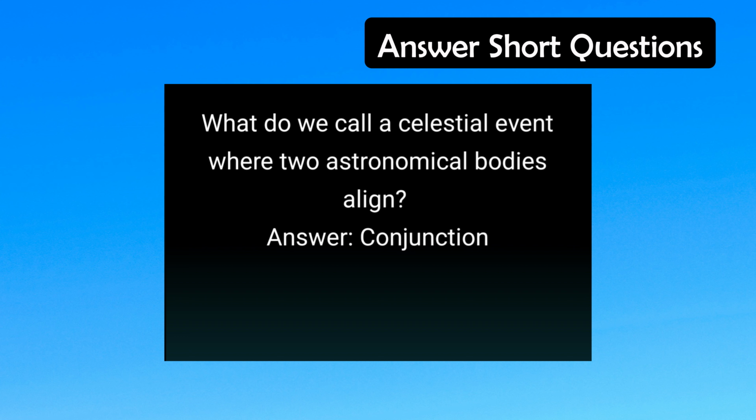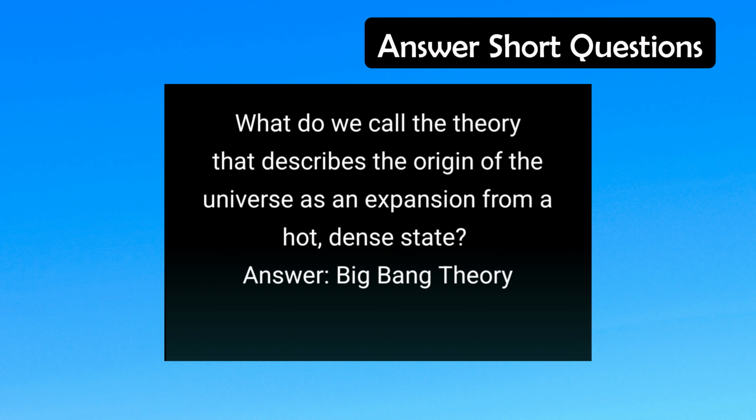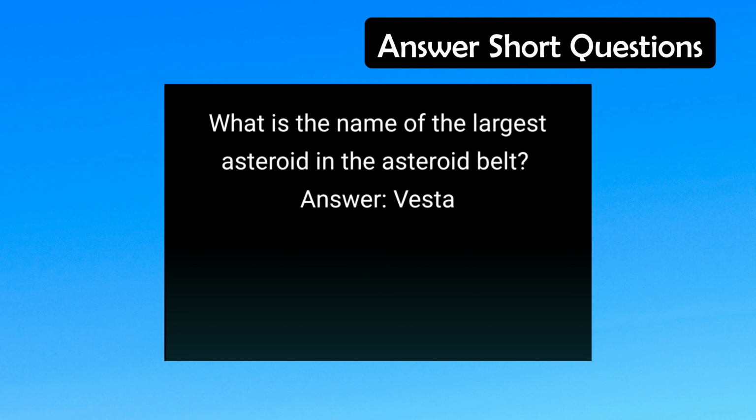Answer: asteroid. What do we call a celestial event where two astronomical bodies align? Answer: conjunction. What do we call the point in the sky directly above an observer? Answer: zenith. What do we call the theory that describes the origin of the universe as an expansion from a hot, dense state? Answer: Big Bang theory. What is the name of the largest asteroid